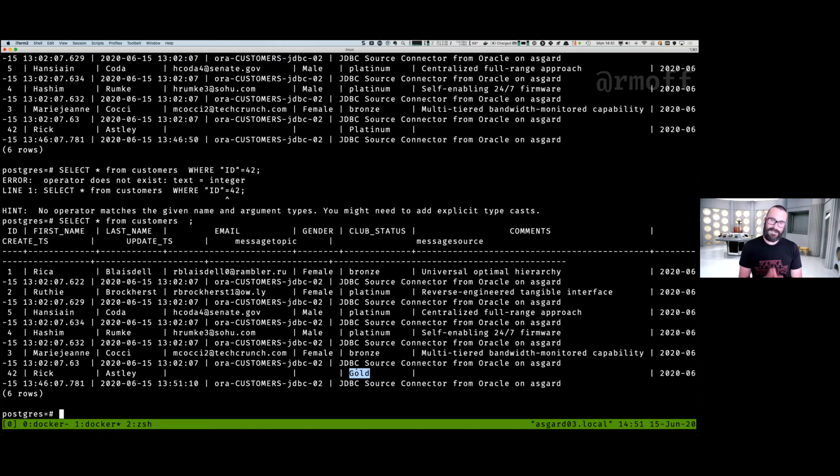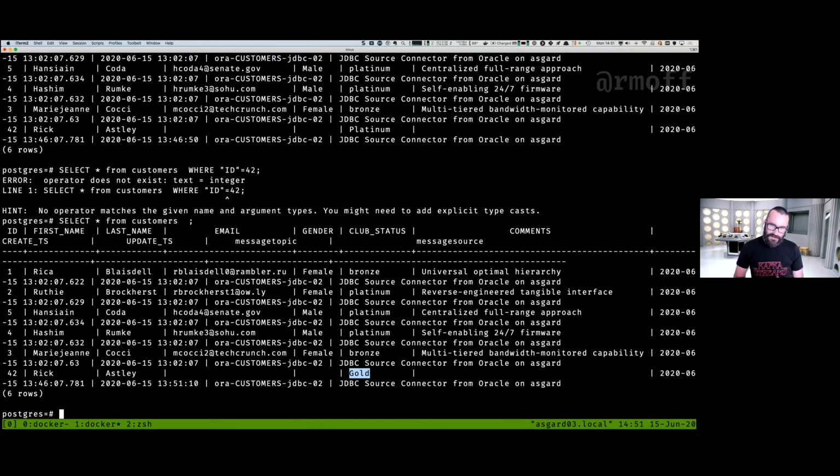The JDBC sink connector will even handle deletes. And this, again, is why you would want to have that delete capture. But if you remember what I said, the JDBC source connector, the query-based CDC, can't capture deletes. So that's a good reason, if you want to actually mirror the state of the source in the target, you would use a log-based change data capture, like Debezium, like GoldenGate, like whatever else.